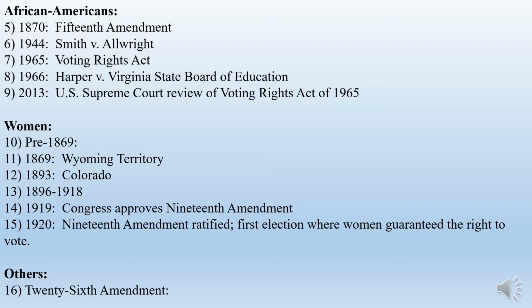And by the way, I think it was a 6-3 or a 7-2 decision. I can't remember off the top of my head, but it was not even a close decision on this. It was very, very strong in that. But still, African Americans did not have